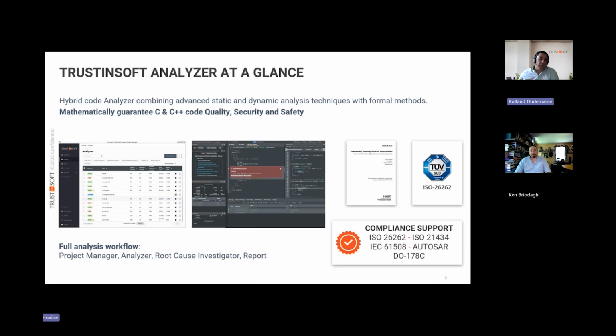And then, at the tail of it, you can produce a report for QA. All of this is based on a core analysis kernel built on formal methods. That's important because it gives you the guarantee that it will find all the bugs that it searches for, and if you go to the end of it, even guarantee that there's nothing left, which is something very few tools can provide.